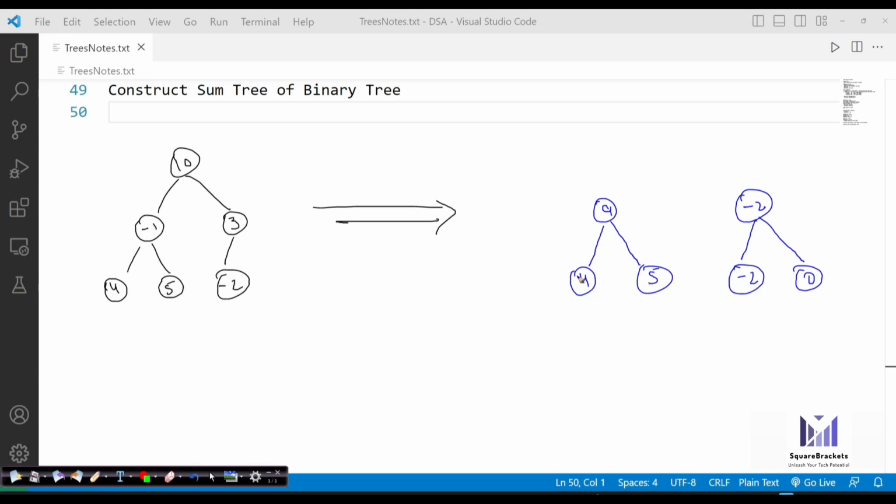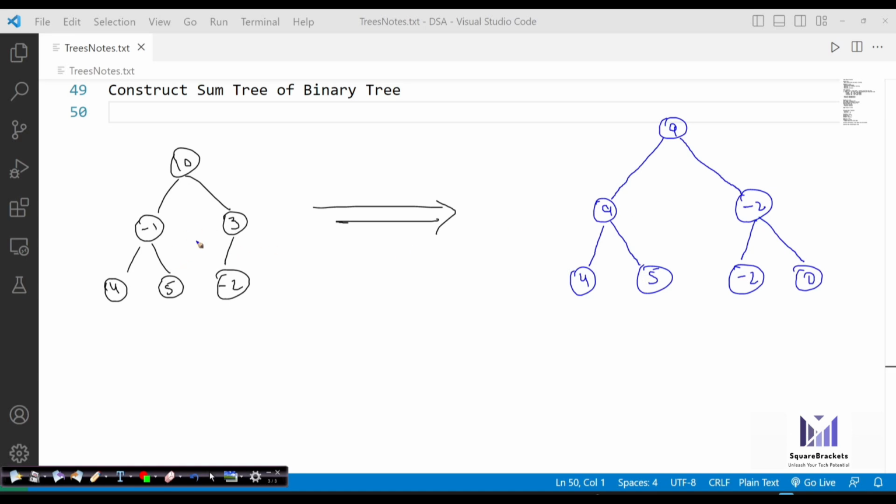Now, if I do the sum of this complete left tree and right tree, what will I get? So it will be 5 plus 4 minus 1, that is 8. Then you have plus 3, then you have minus 2, that is 1. So here you will get 9. Okay.